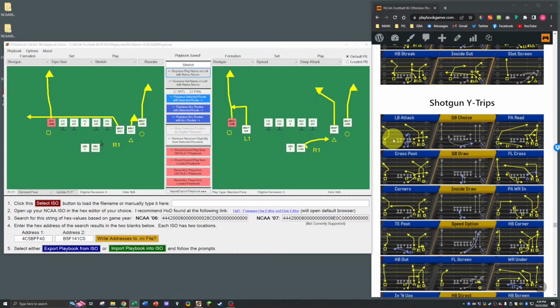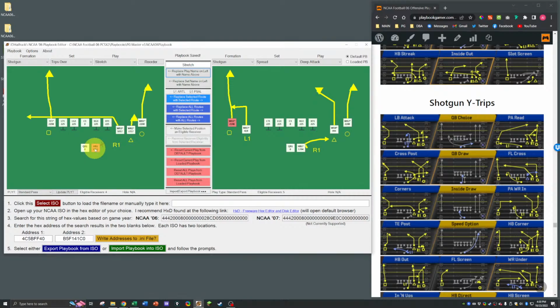So that's a very high-end stretch play. You got 2 go routes on the opposite side. You got a flat route on the right. If you're on the right hash, if you're on the left hash, you go over here. The only downside is you don't have any decent man beaters, except you're going to hit that drag. And sometimes that drag isn't all that great against man. So that's something to keep in mind. But I may leave that as is, or